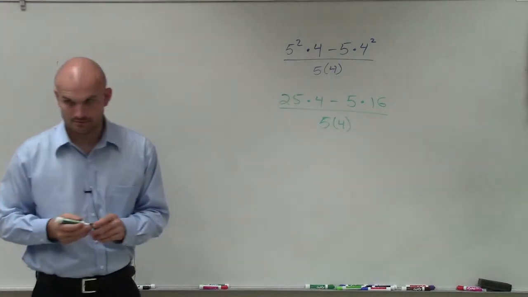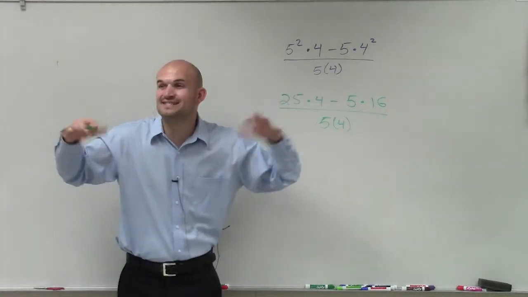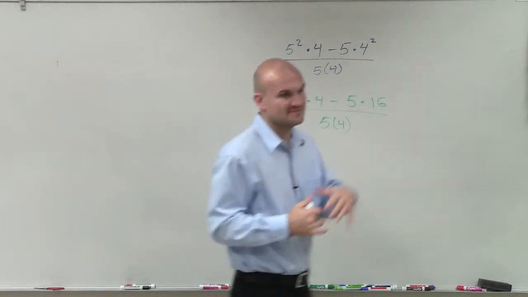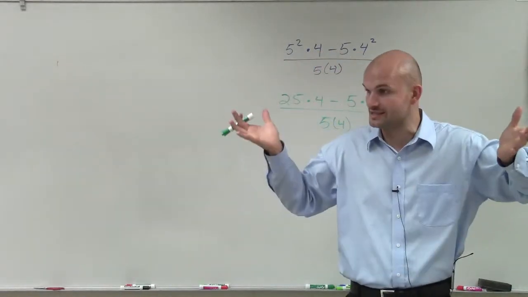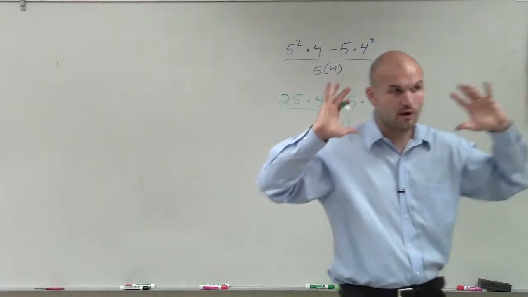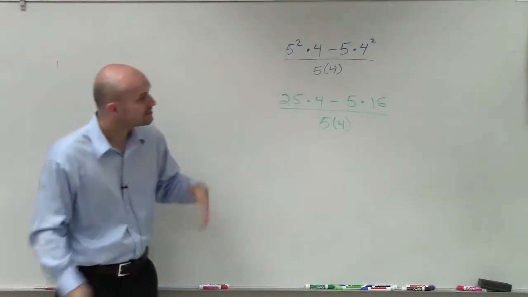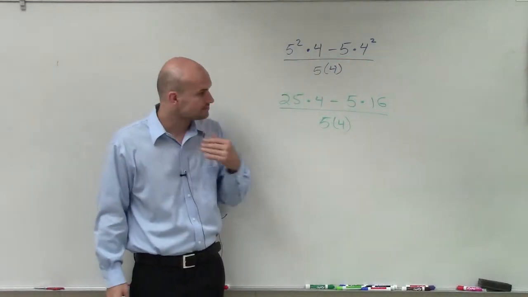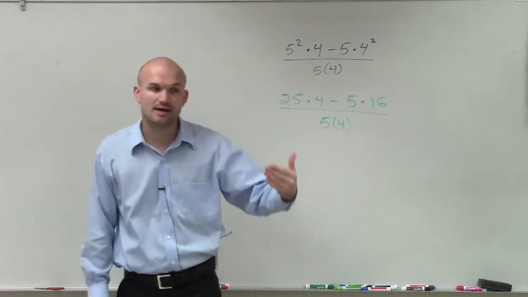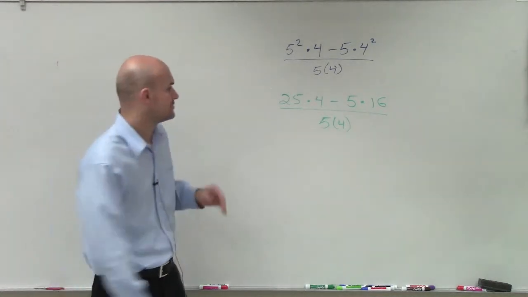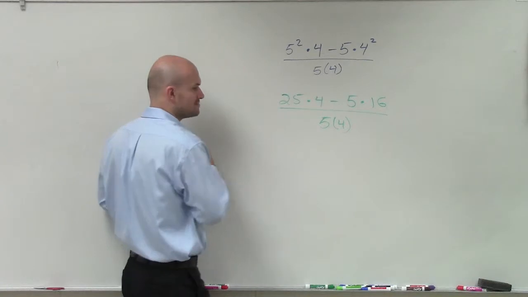All right? So I'm doing this step by step, just because I want to make sure you guys follow your order of operations. Parentheses or grouping symbols first. Then we do our exponents or powers next. The next thing is we're going to do multiplication. When you're working at multiplication, always work from your left to right. So here I have 25 times 4, which is 100,